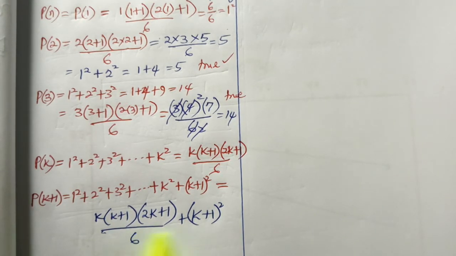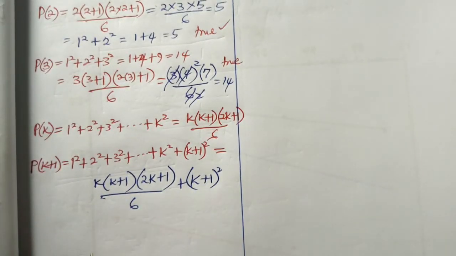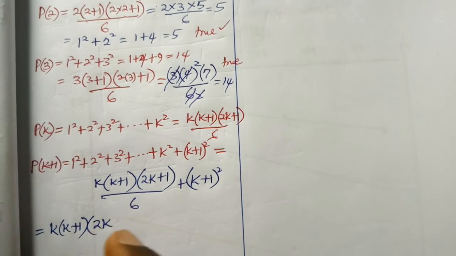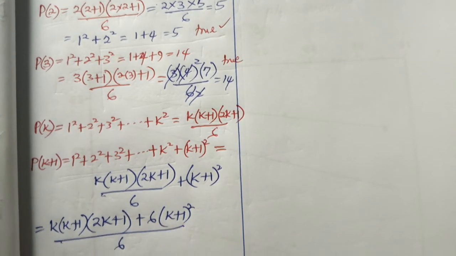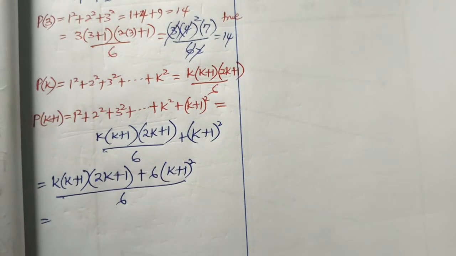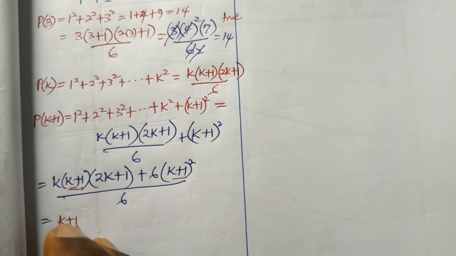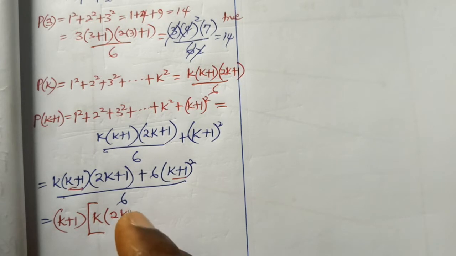So we come here immediately. If we find the LCM of that, it will be equal to k into k plus 1 into 2k plus 1 plus 6 into k plus 1 squared, all over 6. That's what it will give us. So we can factor out k plus 1. If we bring it out of this one and this one, we'll have k plus 1 into k into 2k plus 1